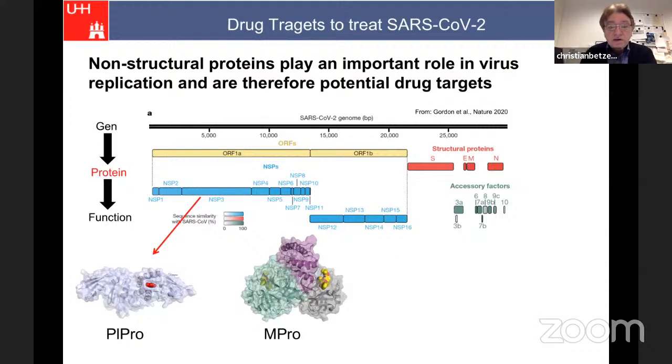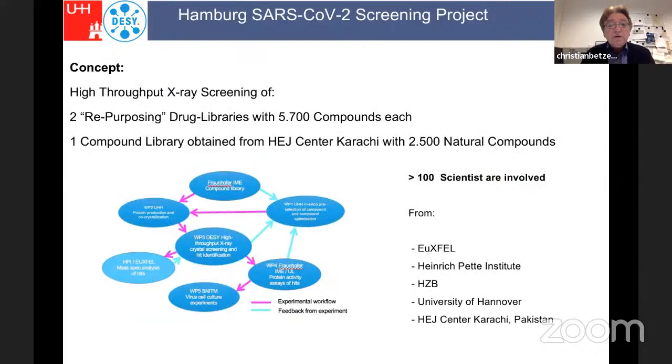And internationally, as you see in the Protein Data Bank, many groups spent tremendous efforts to analyze both structures. The MPro is more simple for me, and the new drug from Pfizer is successfully approaching this protease, which is shown here as a dimer. More interesting at the end is the PLpro, which also influences the immune system of humans. I'm coming back to this. So these two proteins are the most interesting targets until now, and will be, of course, forever.